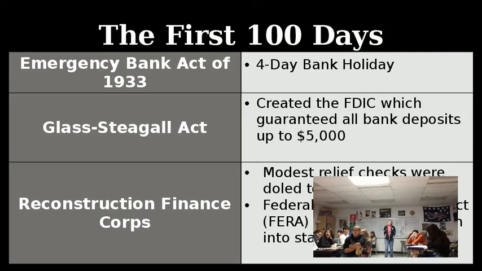I'm good. Finally, he passed the Reconstruction Finance Corps. What this did was it got money out into circulation. Relief checks, up to $200, were given to about 15% of the Americans who were hurting the most. They'd get a check from the government. And then they also sent $500 million to state welfare programs so the local governments could start dealing with people in their areas. So this was both a federal and a state effort to get money circulating and get the economy moving again.